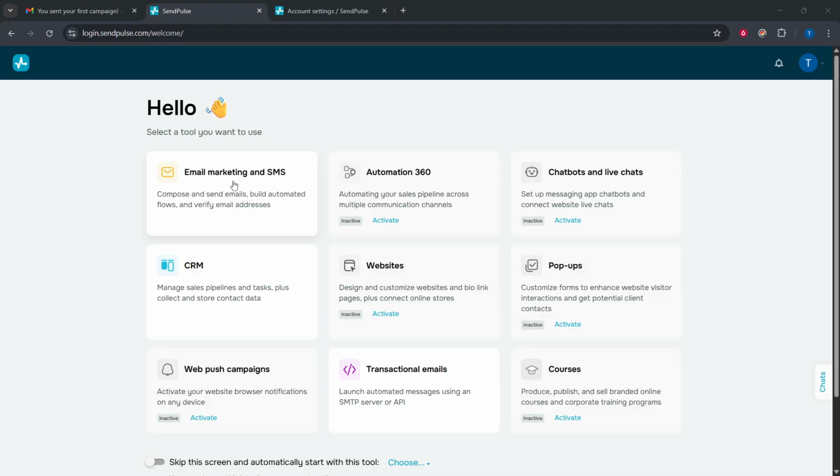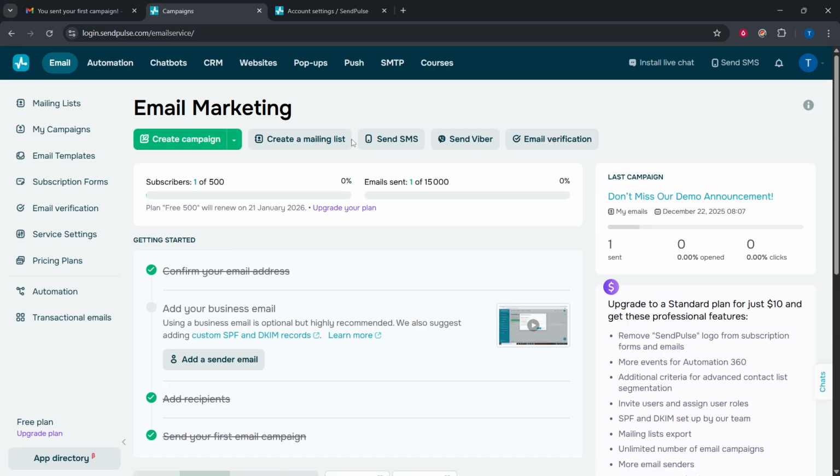First, sign into your Sendpulse account using your usual login method. Make sure you're on the correct account or workspace if you manage more than one. It's best to do this on a desktop browser so the menus are easy to see, but the navigation is